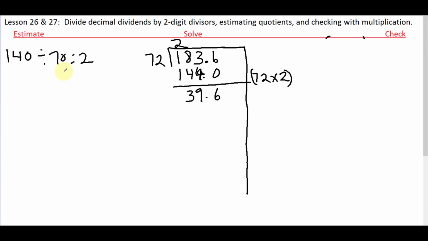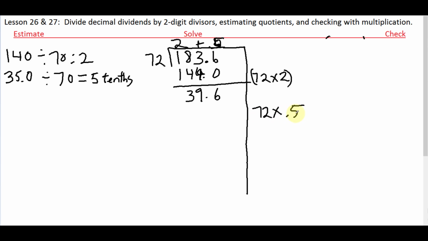So we have, again, our estimated quotient of 70, and we're looking for something close to 396 without going over. So we're going to look at 350 tenths. 350 tenths divided by 70 is going to give me 5 tenths. So my next partial quotient is 5 tenths, or 0.5. So we have, again, 72 times 5 tenths,